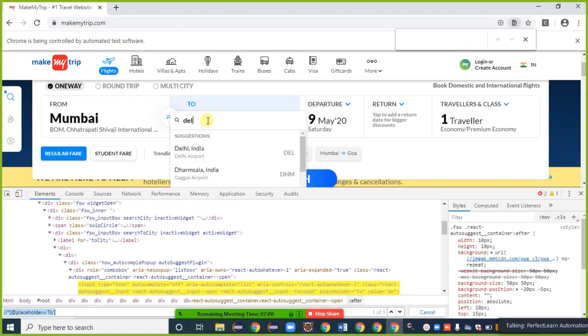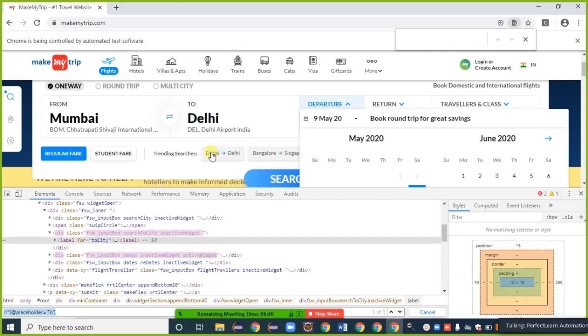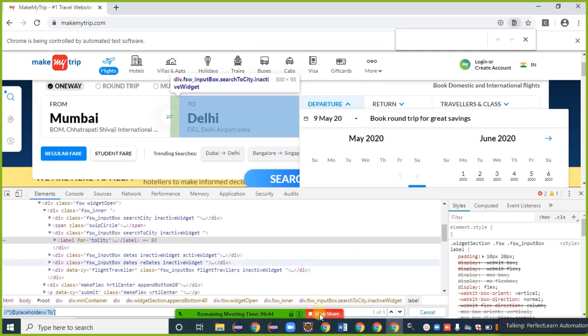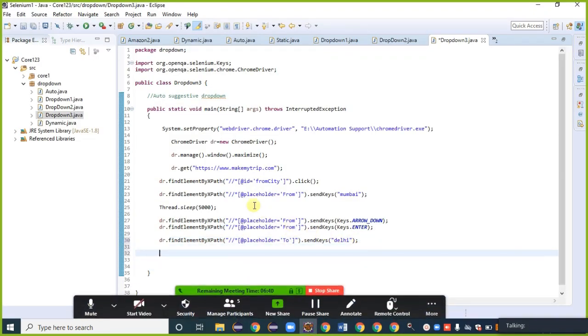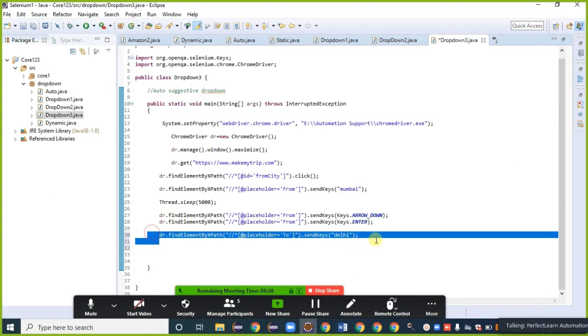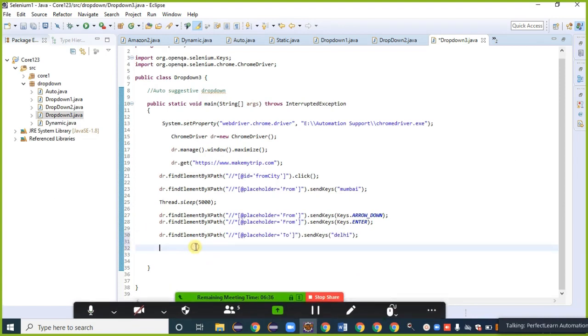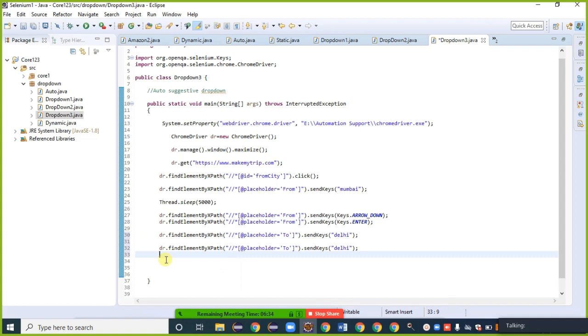After giving the value Delhi, we get suggestions. I need to select the first suggestion, so first arrow down, and then enter. Then that destination gets selected here, using the same web element. Arrow down, enter. Control C, control V for arrow down, and this one for enter.